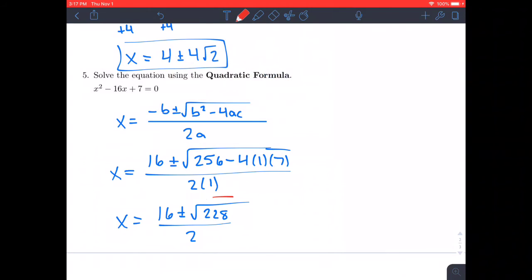But finish that one up by simplifying that square root. It looks like a 4 probably goes into that. So you'd be able to pull out the square root of 4 and then reduce everything by a 2. So you'll probably have 16 plus or minus 2 square root of whatever might be left in there, over 2. And I think that'll be then 8 plus or minus, those 2's can cancel as well, so square root of whatever that